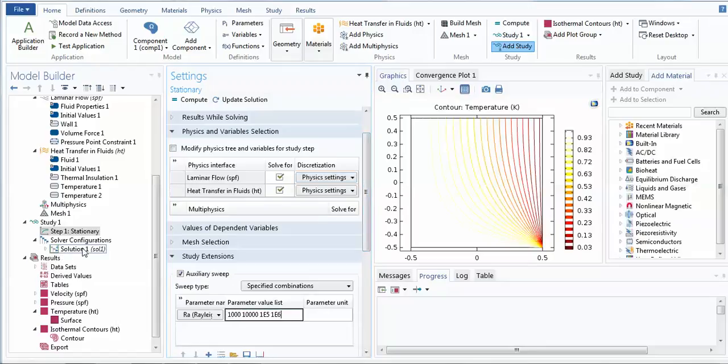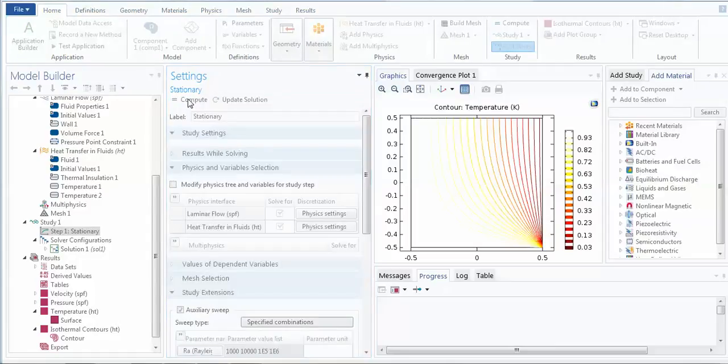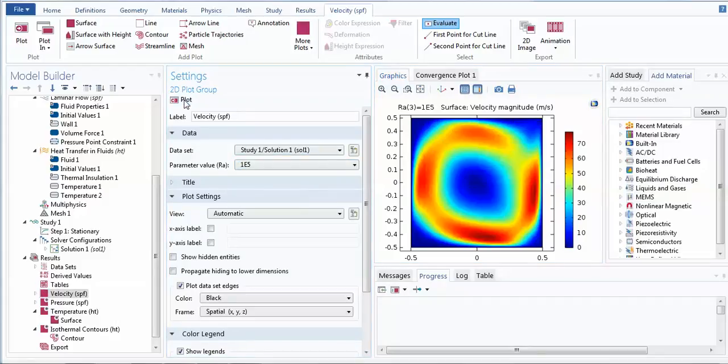And now if you wish to go back to the solver, you can compute it again. So now I can get this type of results, and you can see that this is for RA and these are the values of RA, and just go on changing.